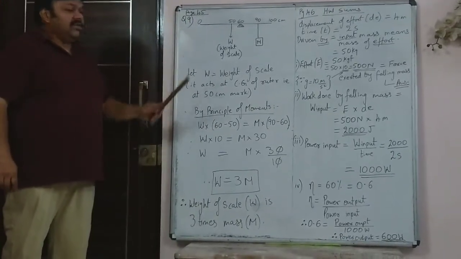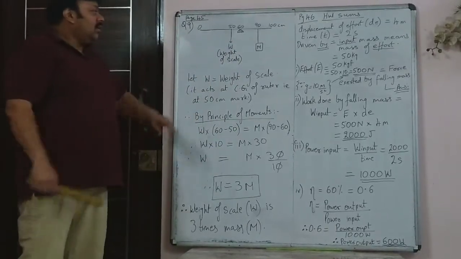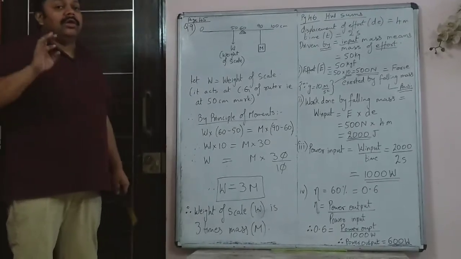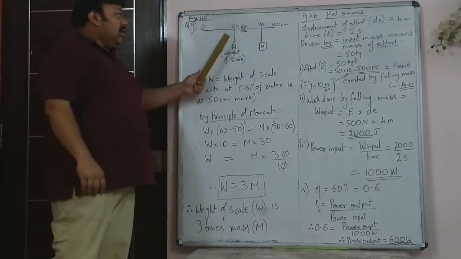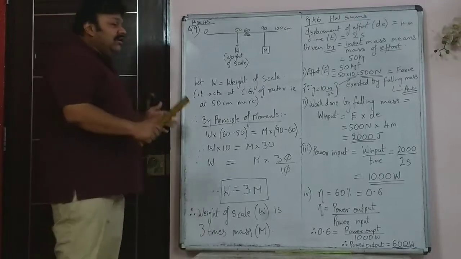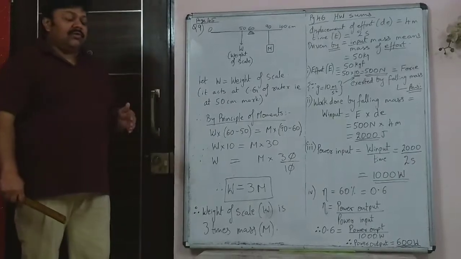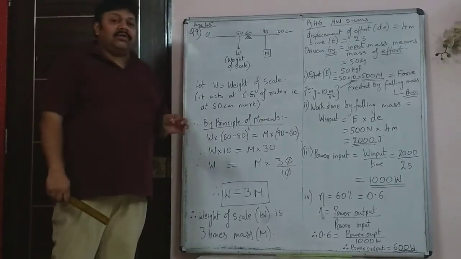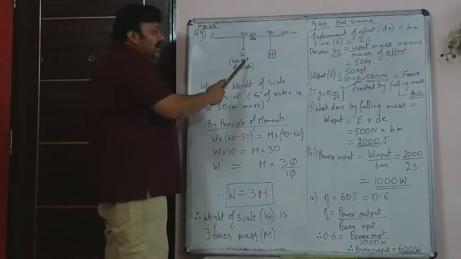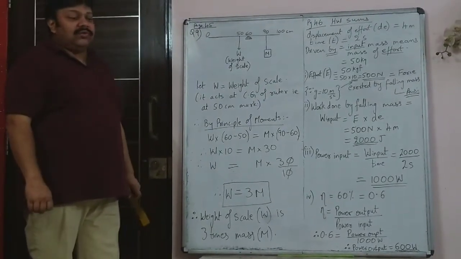Page 45, question 9. In this, you are given a meter ruler, and the diagram is given. The only thing not shown in the diagram, which you have to draw, is that the weight of the ruler will act at the center of the meter ruler, because weight always acts through the center of gravity. In case of a rod or a ruler, the center of gravity would be the very center of the ruler. So it's a 100 centimeter or 1 meter ruler, and the weight acts through 50 centimeter. So this weight has to be shown through 50 centimeter.